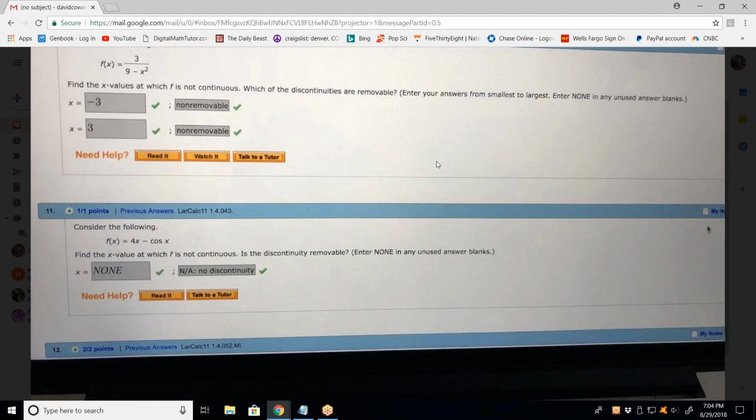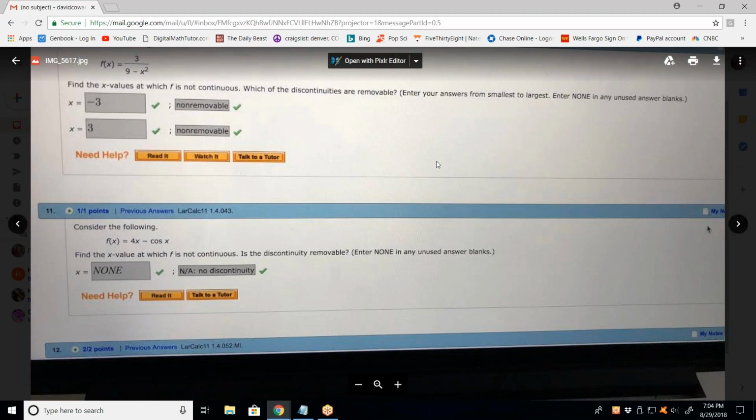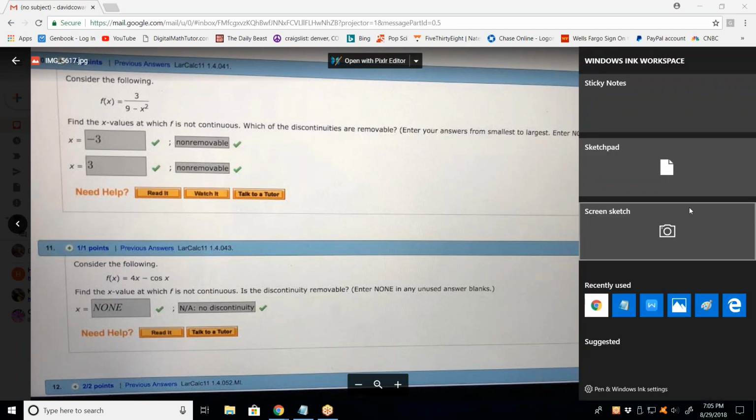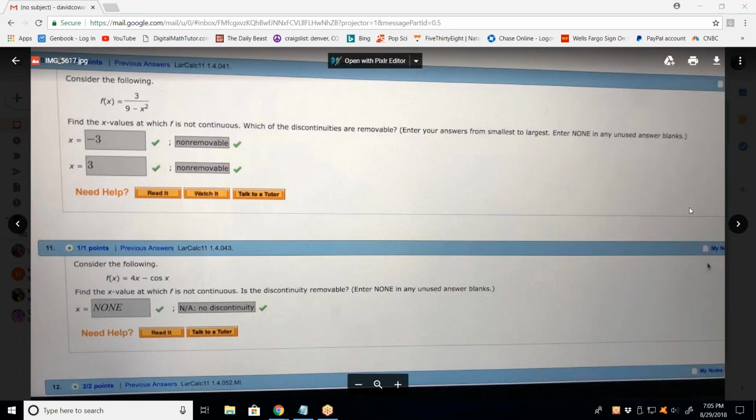And also, I think my teacher said something about how in a rational function, if there's a zero on the bottom, then it's an asymptote, and if it's on the top, it's a hole. Well, if it's on the top, it's not necessarily a hole. Here, let me give you an example of a hole. This would represent a hole